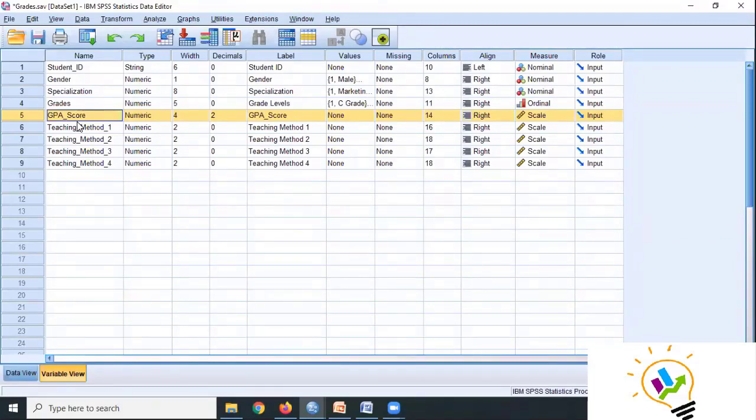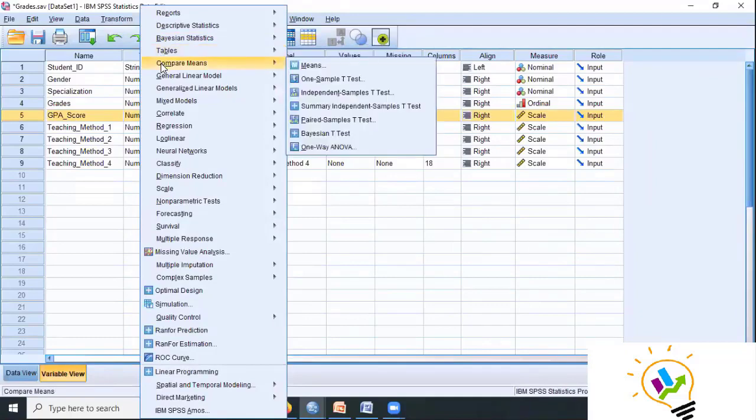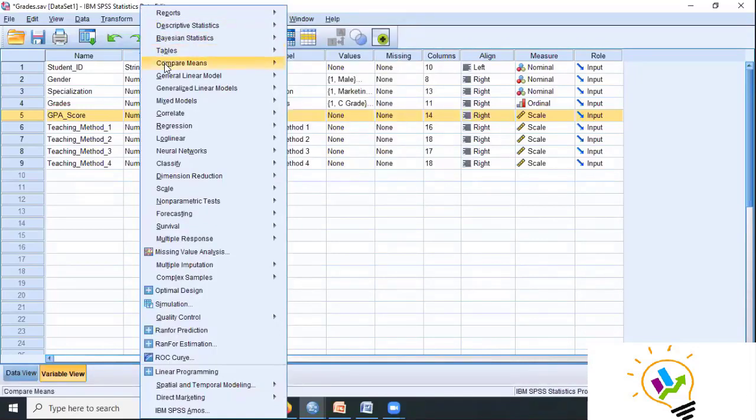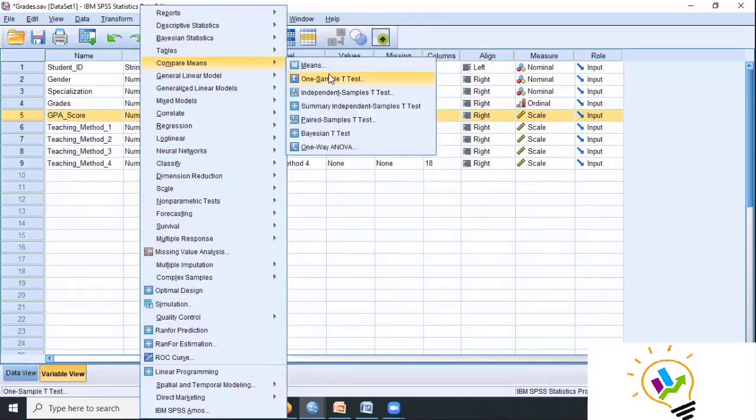We can write the null hypothesis: there is no significant difference between true mean and comparison value. I'm taking the comparison value, I'm expecting it to be 3. But actually, I don't know what the true mean of this GPA score is. In SPSS, analysis is very easy. We can simply go to Analyze. In Analyze, we have Compare Means. In Compare Means, we have One Sample T-Test. Can I go ahead, madam? Yes, sir. You can go ahead.